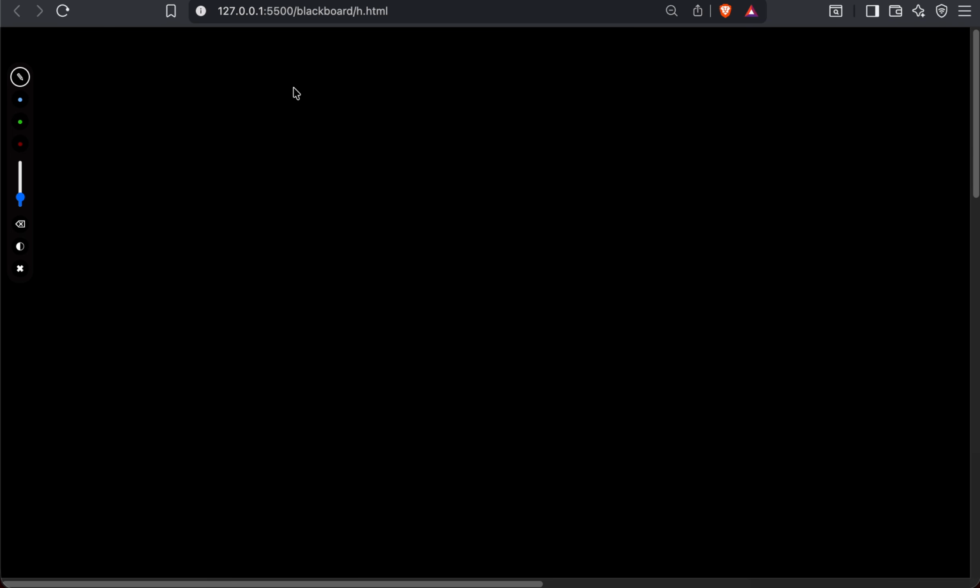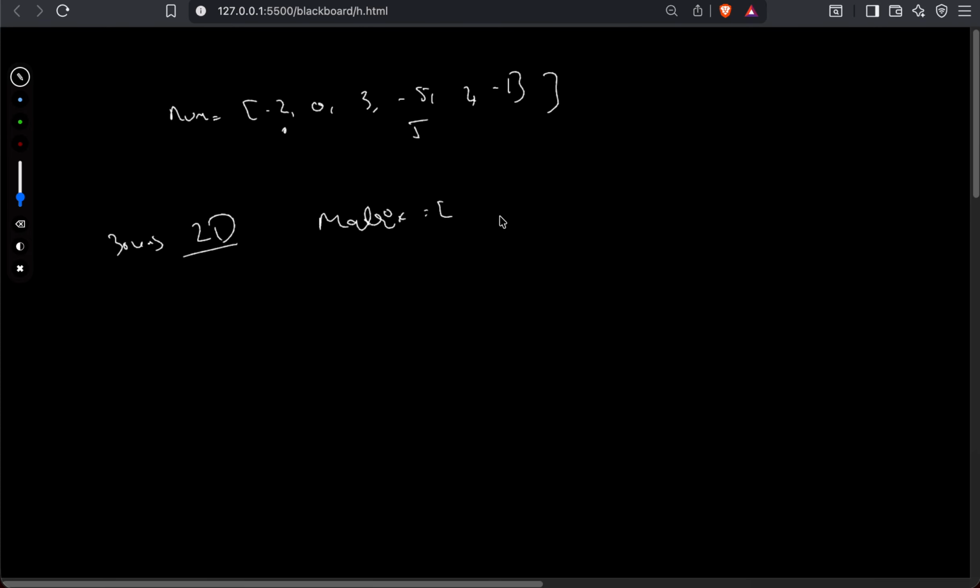In 303 we have a nums array like -2, 0, 3, -5, 2 and -1, and we have to find the sum between index i and index j. Now in this problem 304 we have 2D, so we have a grid, like a matrix equal to